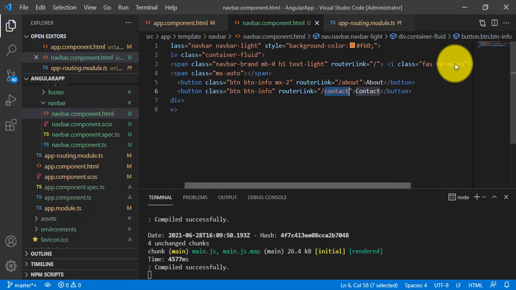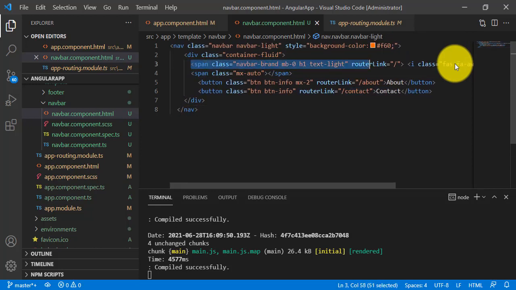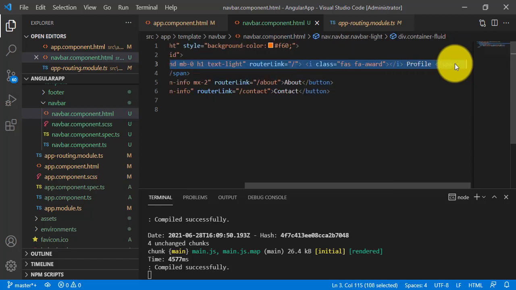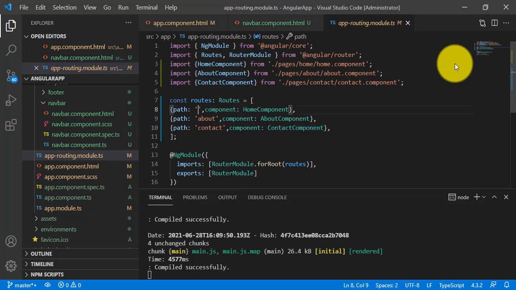So I'll tell you again, for the profile link I have mentioned this span tag, and you can see the profile, and if you click here it will map to our default path here, that is the home component. If there is no path here, that is the default component, that's why there is no path mentioned here.